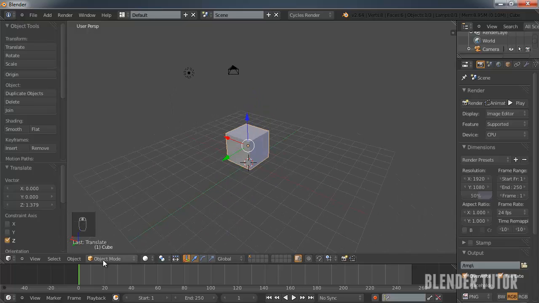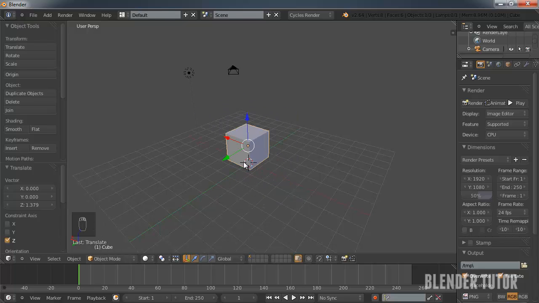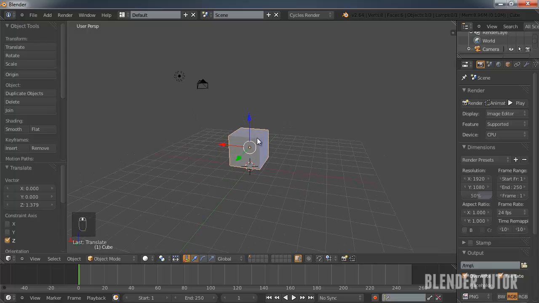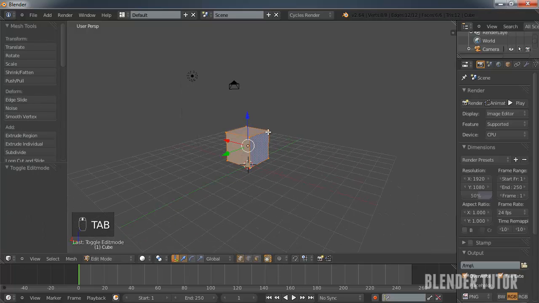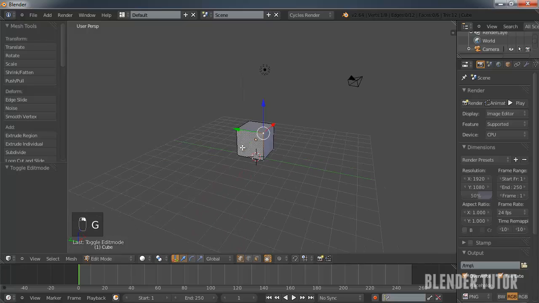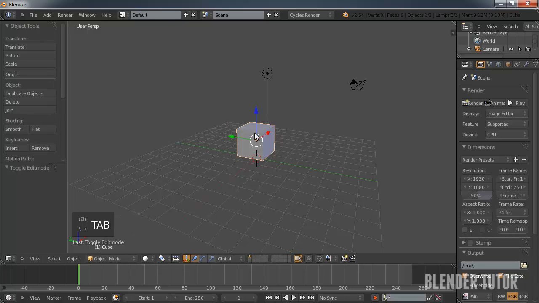What we're in right now is something called object mode. That's just where you can't really manipulate the vertices of your object. You can just change it in broad strokes like scale, rotation, and position. Say we want to change its shape or something. Well, to do that, we're going to have to go into edit mode, which actually lets you move the individual vertices or edges or the faces. So to get into edit mode in general, you'll just hit tab,